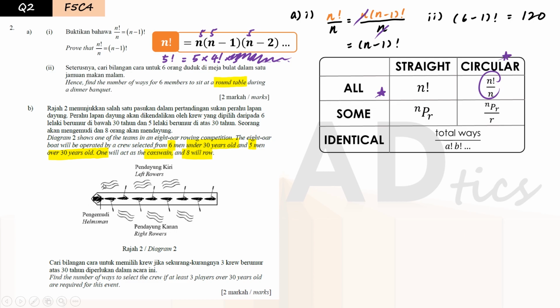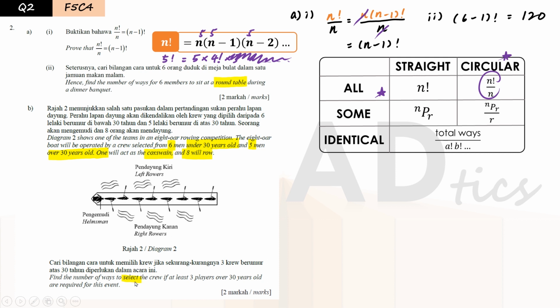Alright, so this coxswain is actually the helmsman in this diagram. I'm not sure why the label is different, but actually both of them are the same. Okay, so there will be 1 coxswain here and there will be 8 rowers. So if you see these 8 rowers, 4 will be facing to the left side and 4 will be facing to the right side. Okay, so now we need to find the number of ways to select